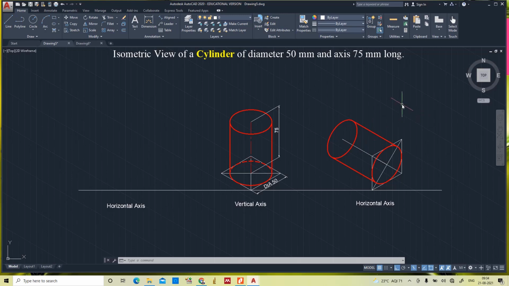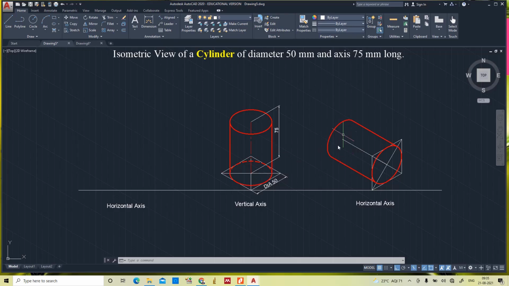So what I am going to do is trim this portion, TR trim, double enter. So now this part we have to make another circle. In this I made an arc because it will be very easy to make 0 to 180 degrees.